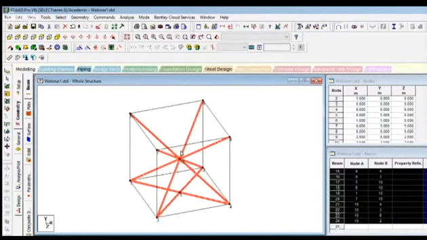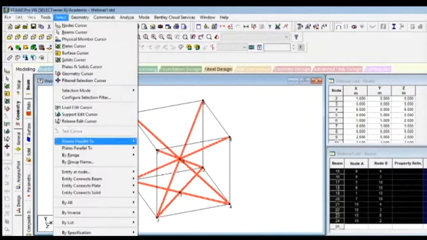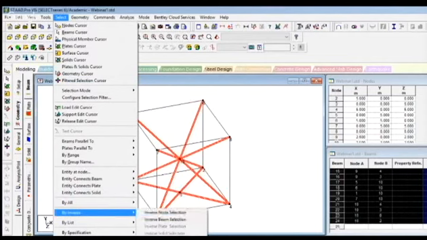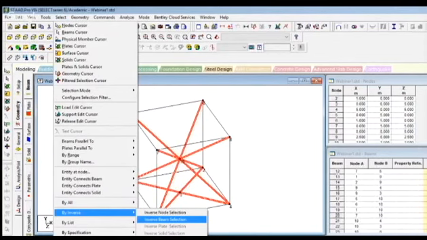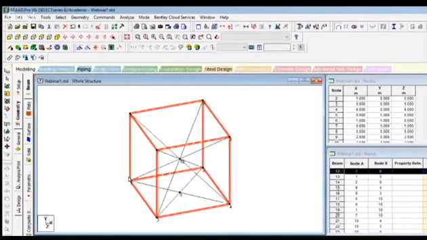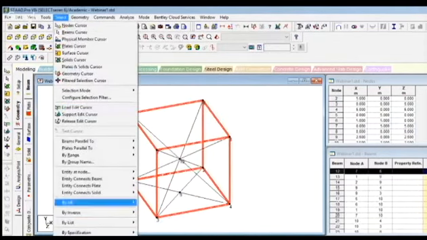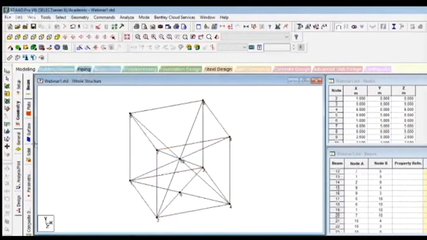See, it is selecting all those beams which were not selected. So you can use this command for select inverse beam. Again, you will do one more time inverse beam. So this time it will deselect all these selected things and it will select what was not selected previously. You could play with this.